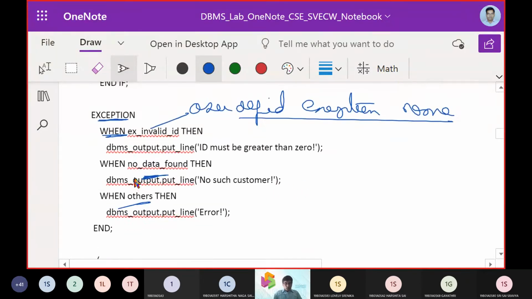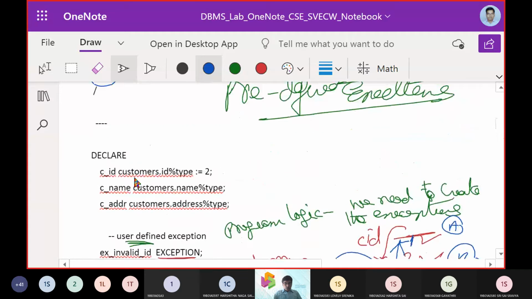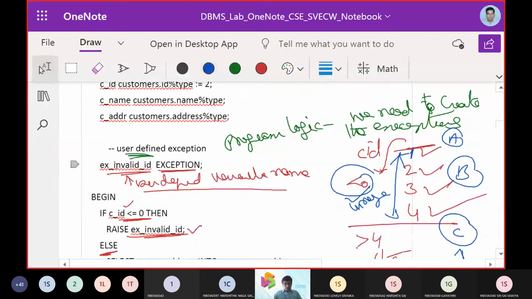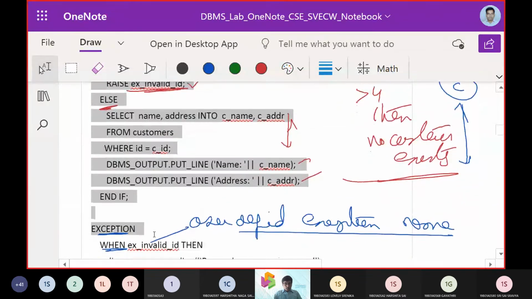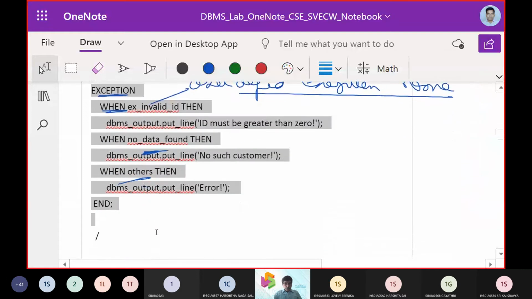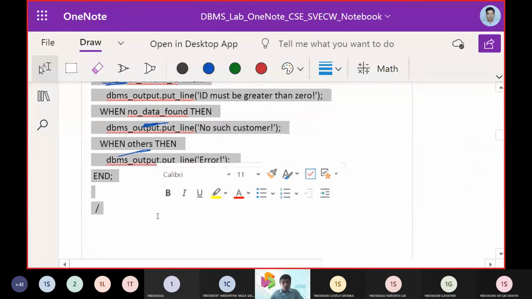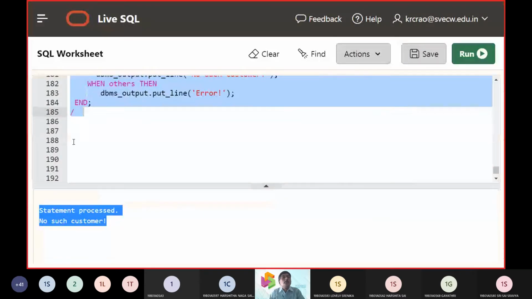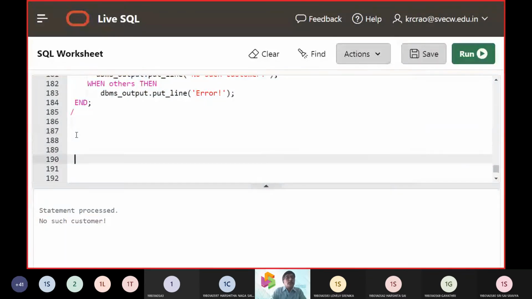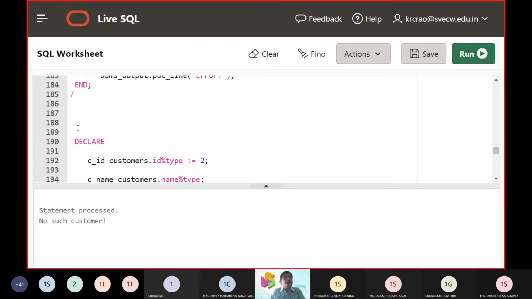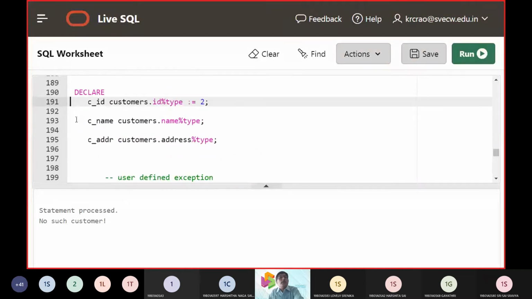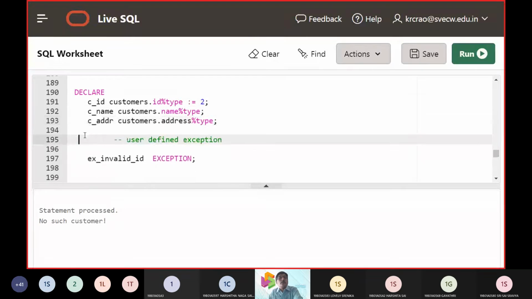So now we will execute this item here. We will put the things at line number 190. So we will go to line number 190. Then we have these items.